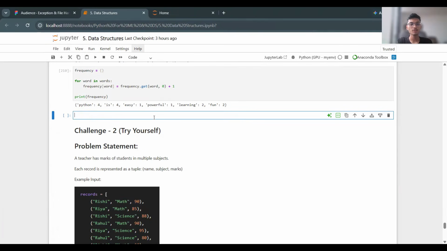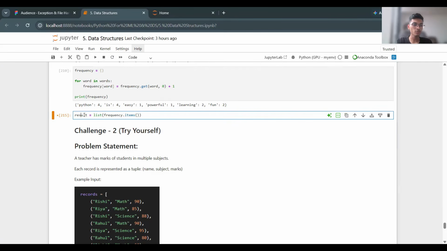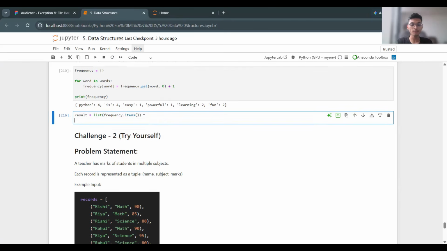So here I need to convert it first into a list. Let's say result is equal to a list from the dictionary. Basically it's frequency, and I need to use the method dot items so that I can access the key and values. I can get a key and value like this, right? So basically I wrote here result like this. If I try to print the result,